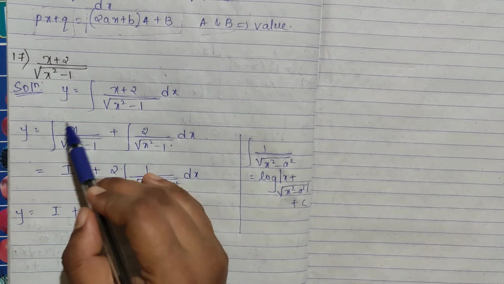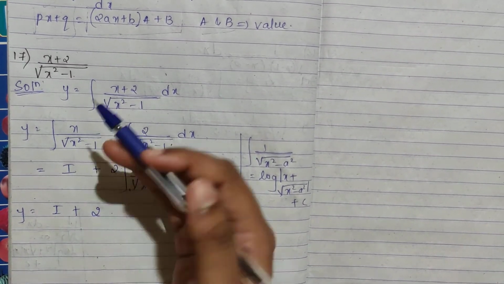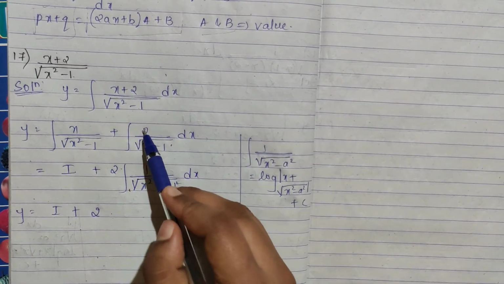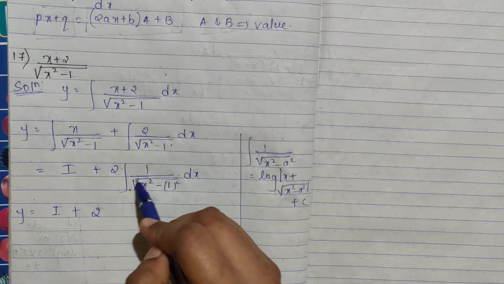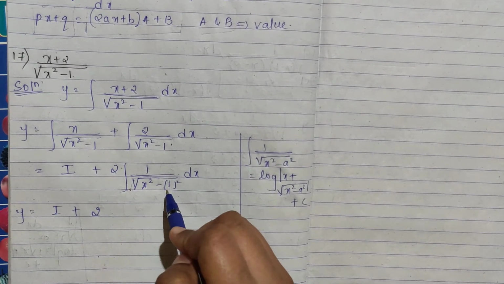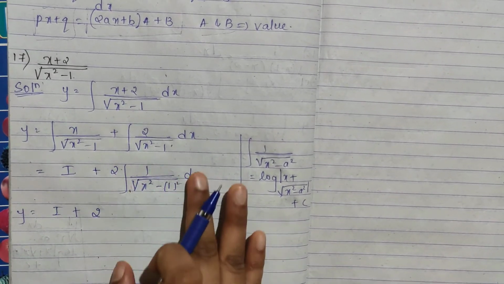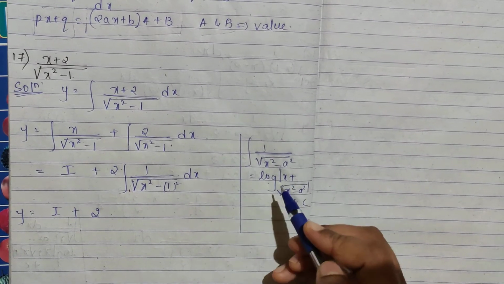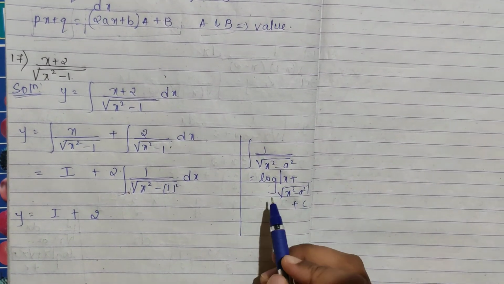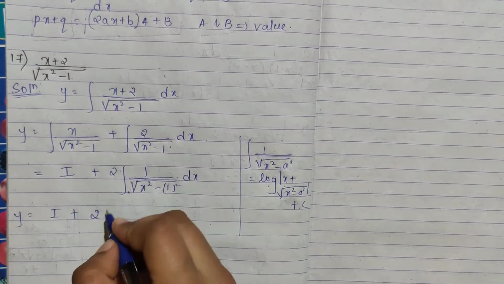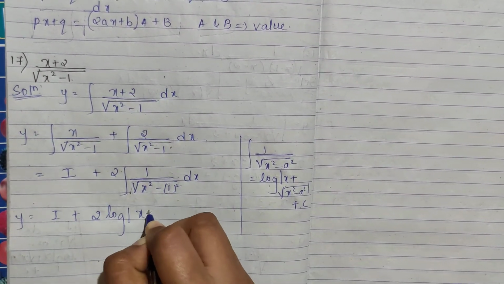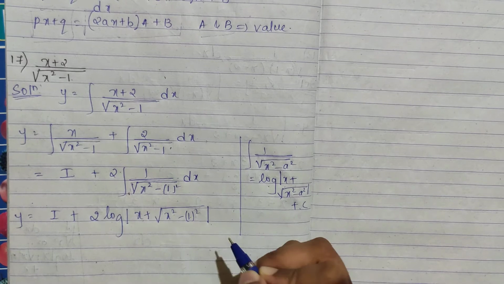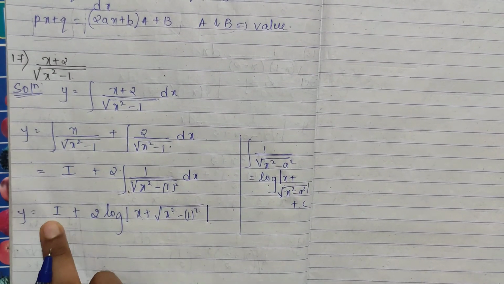This we have to find properly, because here you can't apply the u by v quotient rule. So first write this as I. 2 I can take common, means 2 take it outside. Remaining is 1 by root of x square minus 1, I can write as 1 square, right, dx. So here you can see this is coming under a standard formula, that is root of x square minus a square. So 1 by root of x square minus a square is log modulus x plus root of x square minus a square plus c. So this we can write the same as log x plus root of x square minus a square, okay, plus c. You don't write the constant here because here again we have to integrate.